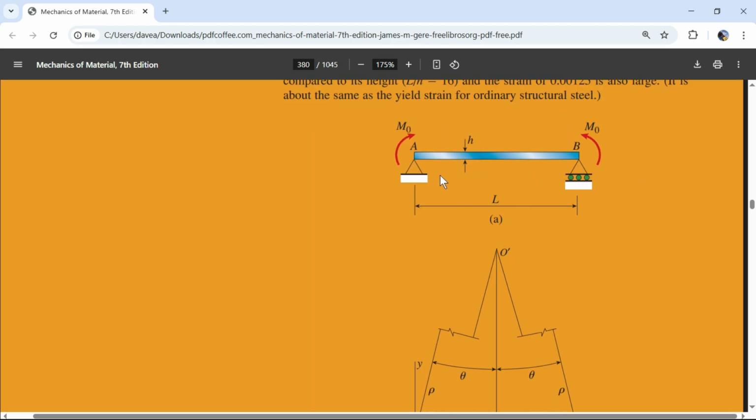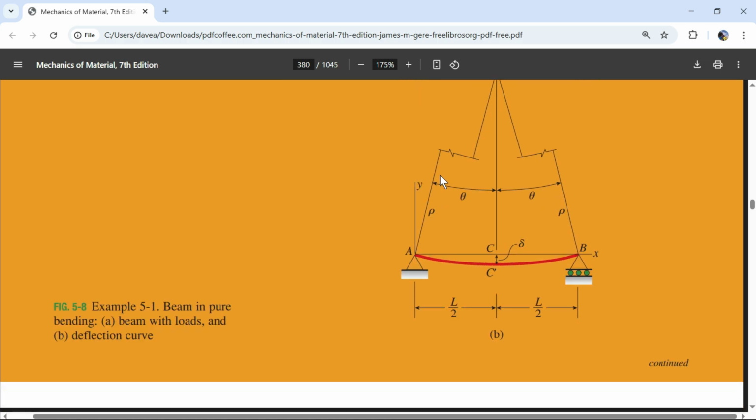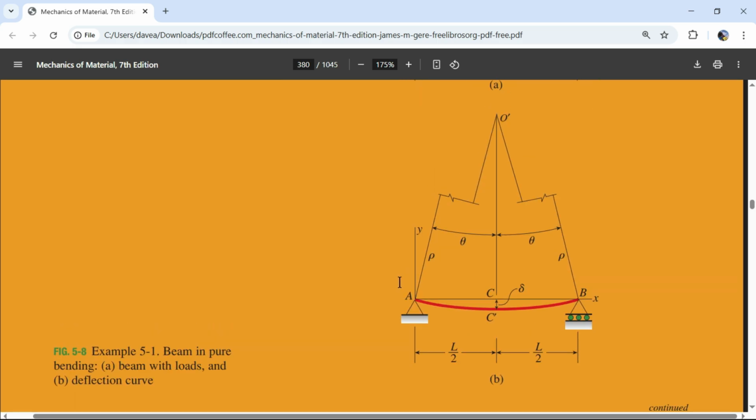Figure A is the beam with 2 moments on it. Figure B is the actual part of a circle, with some sort of angle. In this case they do 2 angles, and we have a length. I guess you'd call that a chord, but we do have